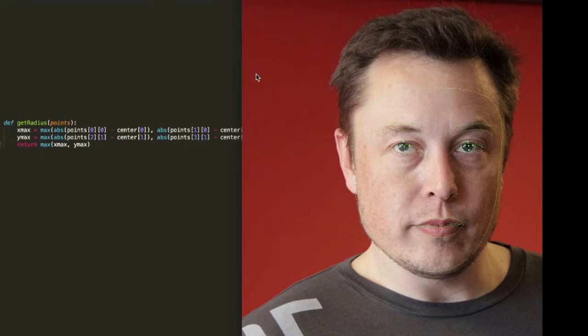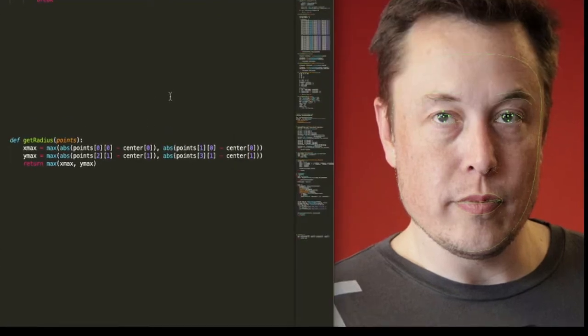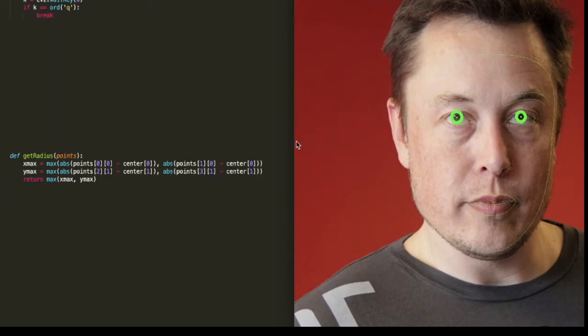Once we've found the iris points, the next step is to get the radius to find the enclosing circle. Easy enough, just take the max x difference between the left and center points and the right and center points, and then the max y difference between the top and center points and the bottom and center points, and then the max value of that will be the radius. Now once we have our radius, we can just go ahead and draw the circle and we will get this. So it's completely covering the iris, but it's still a little bit off and a little bit too bright,